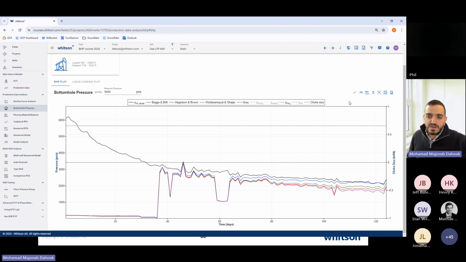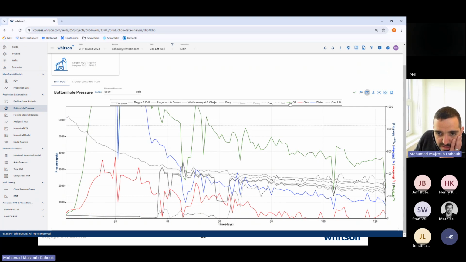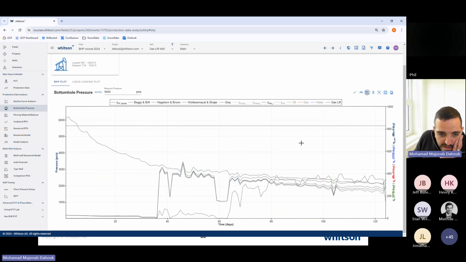Basically we're not injecting there, and you can verify that by clicking on this icon, show rates and surface pressures, and adjusting this axis here. If I remove everything and just keep the gas lift, you'll see that we started injecting at this time, and that's exactly the time at which the static calculation starts to work out. My guess, and this is a real well,